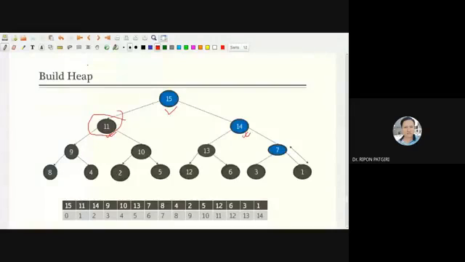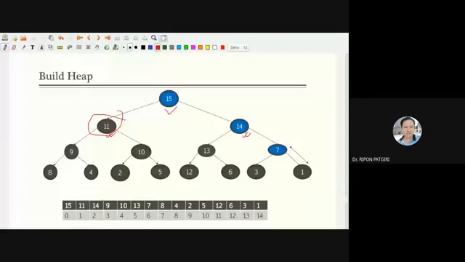If the total number is n elements, then the time complexity is big O of n. But in layman's terms, the height is log n, so it should take log n time for a single element.